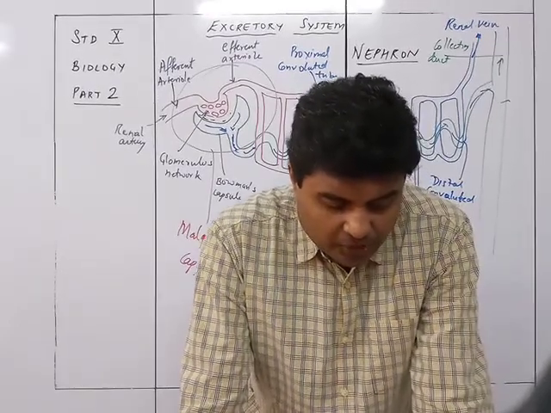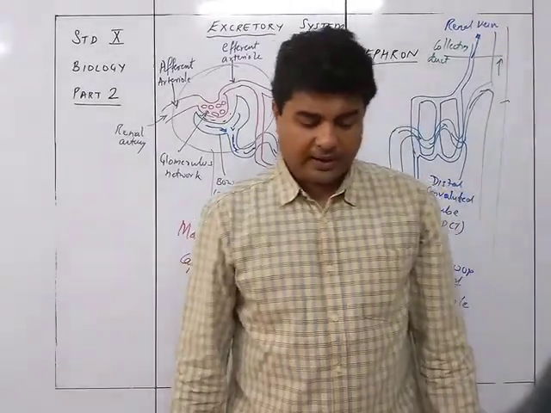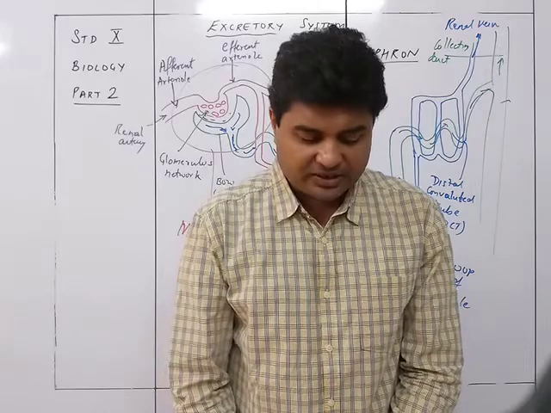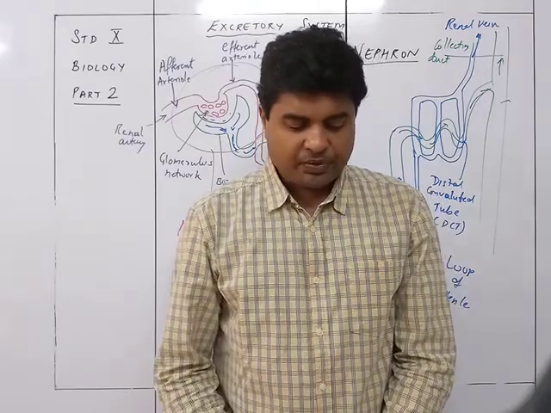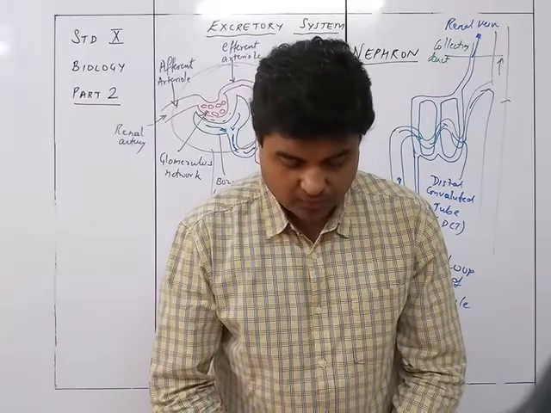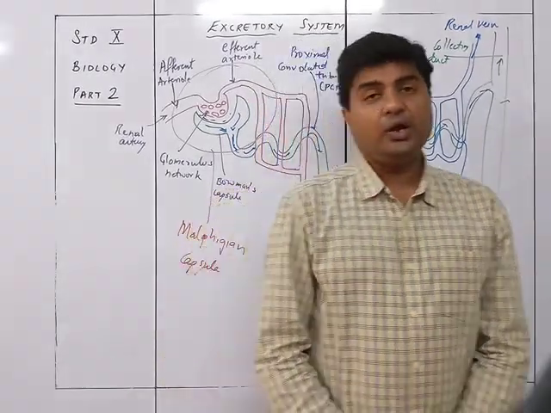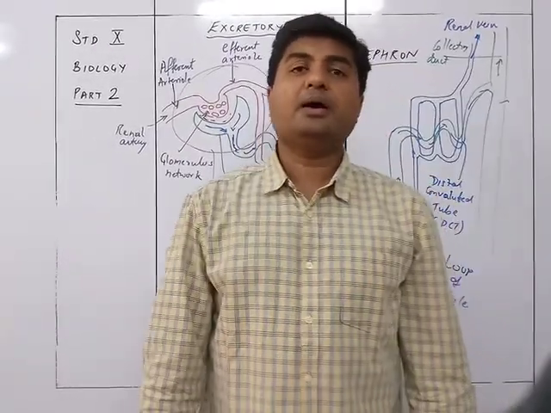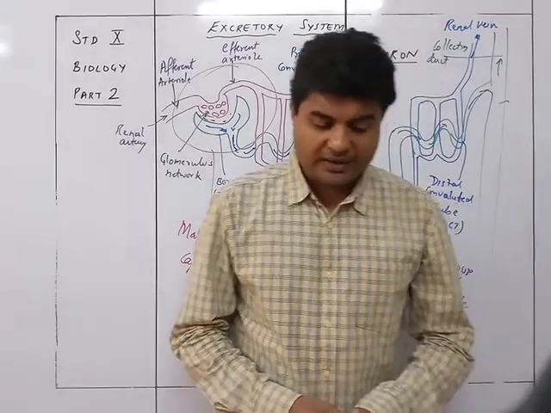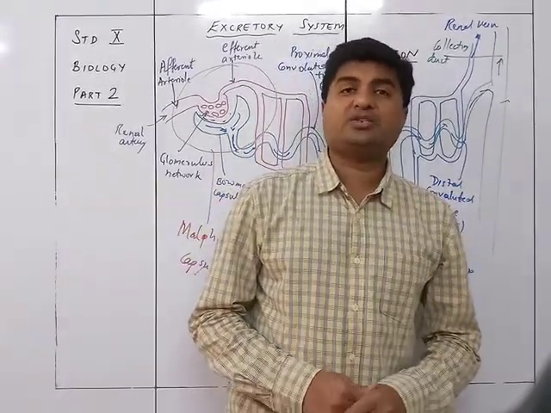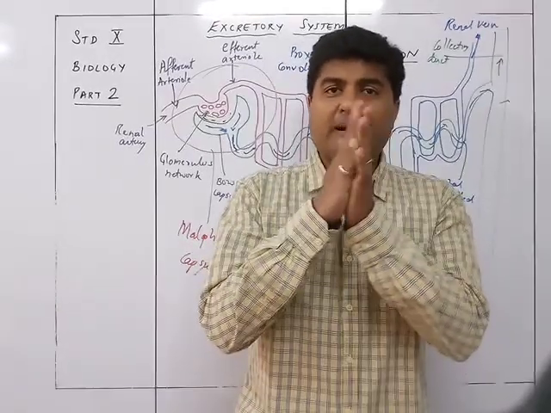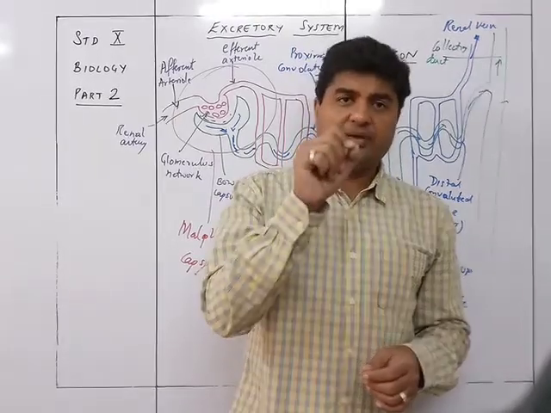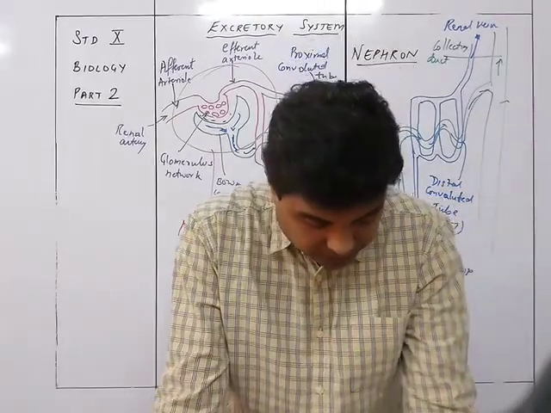Gouts and kidney stones. Uric acid is relatively less soluble in water and may crystallize and get deposited in joints, causing gout. Excess uric acid and certain salts like calcium oxalate may be the source of kidney stones when the kidneys are not working fully normally. When the kidneys are not functioning properly, gouts or kidney stones may form due to the excess of uric acid or oxalates combining to form crystal-like structures.